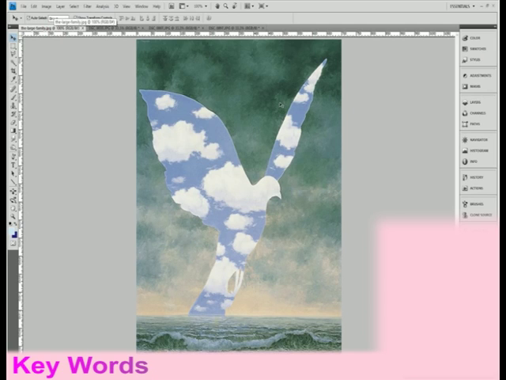So what we can see here in the original painting, we've got a seascape, quite a stormy one. We've got some big waves there. We've got quite a stormy sky. But what Magritte has done is he's added this motif, this image of a bird, but it's not actually a bird. It's a bird-shaped